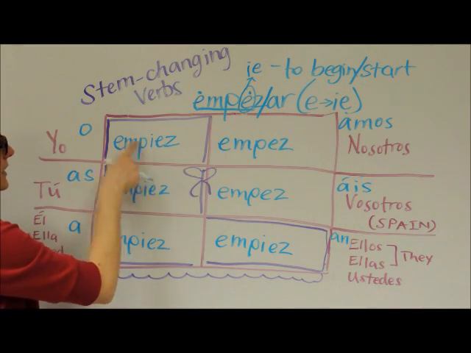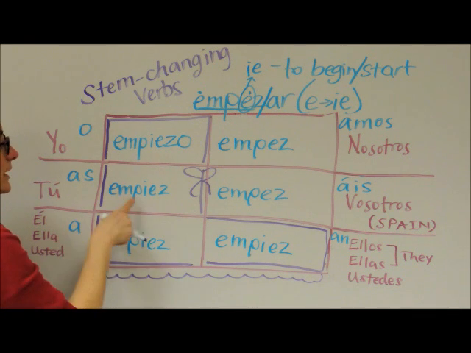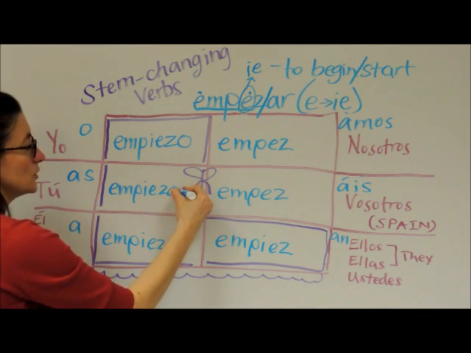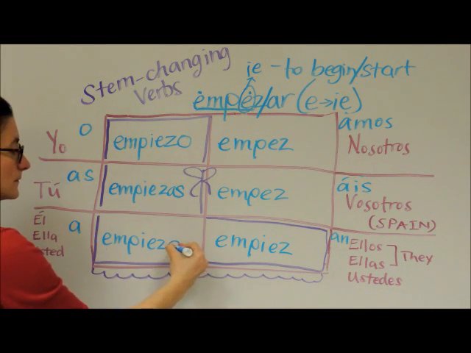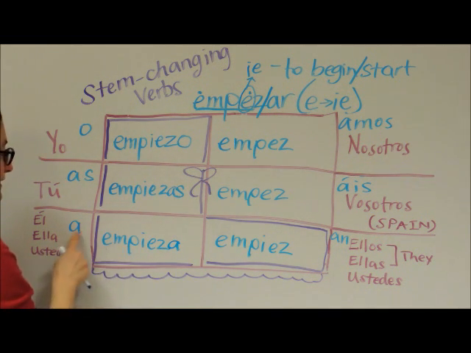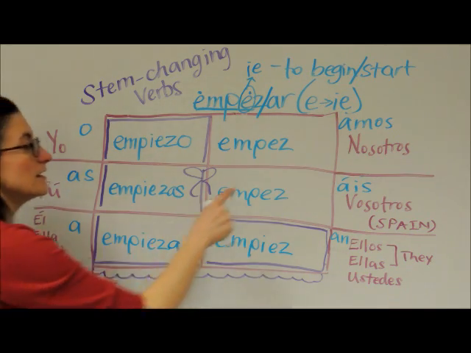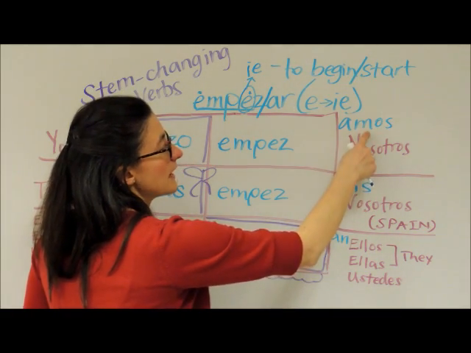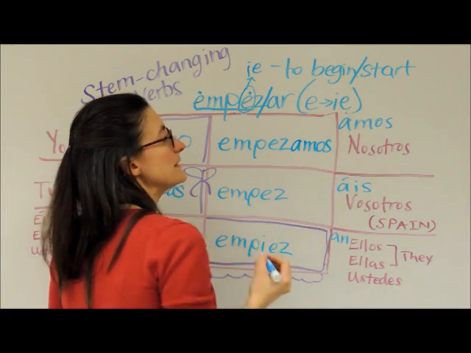So it's empiezo, I start. Tú empiezas, you start. Él empieza, ella empieza, usted empieza. This is he starts, she starts, and you, formal, start. When you go to here, it's nosotros, it's the amos on the old stem, so it would be empezamos,